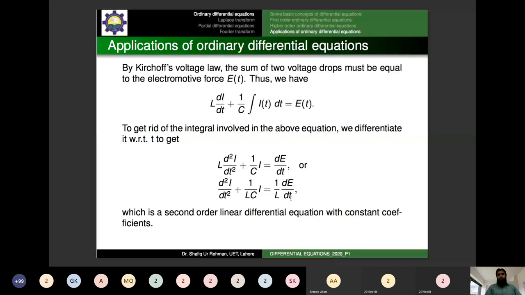So it is going to be a second order linear differential equation, because there is no sign of non-linearity, with constant coefficients. So the mathematical model for the LC circuit is entirely different in comparison to the previous two models. We have a second order differential equation. Move on to the third one, RLC, where we will be having